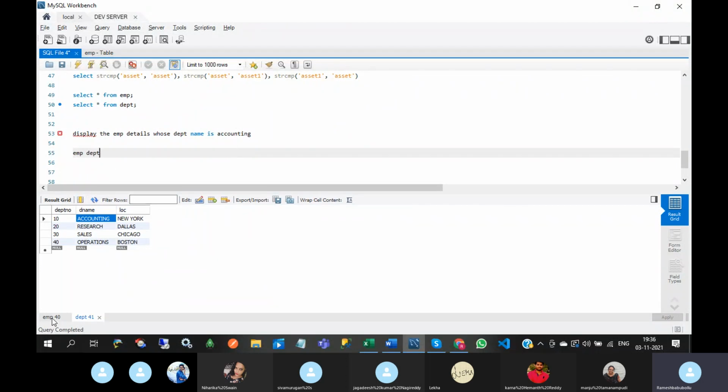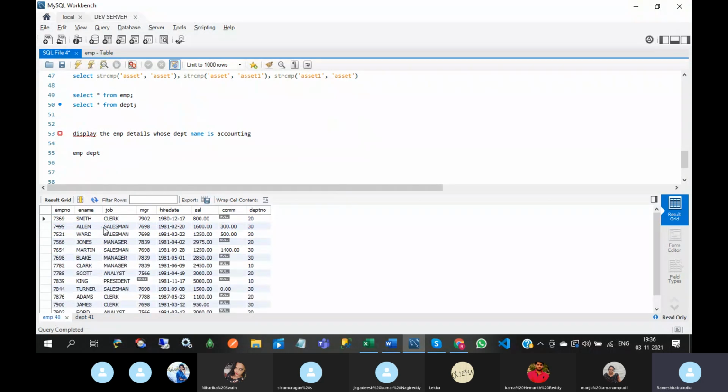Which column is the common column for these two tables? We need to find. So department number is the common column for these two tables. If you know the department number, then we can easily get the employee details. First of all, we need to write the query to get the department number, where the name equal to accounting.